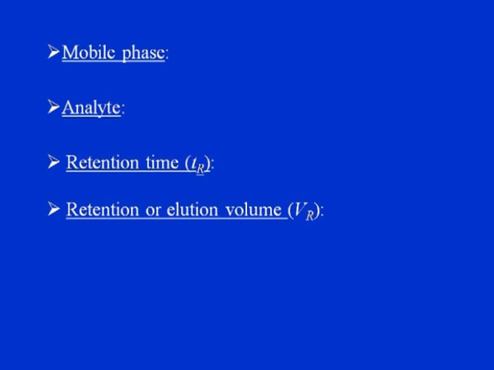Then analyte. Analyte is the substance to be separated during chromatography. If you are assessing the purity, it could be a single analyte. Analyte could also be present in a mixture or a sample containing a lot of different analytes, which needs to be purified. One analyte could be purified from a mixture, or more than one analyte could be purified from the sample. So, these are a few terms related to chromatography, where we have discussed chromatography, chromatograph, chromatogram, stationary phase, mobile phase, and analyte.